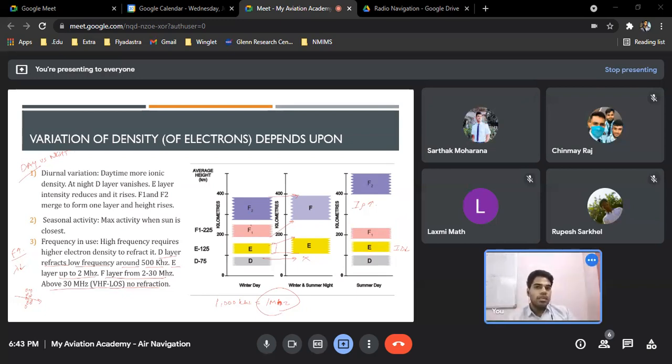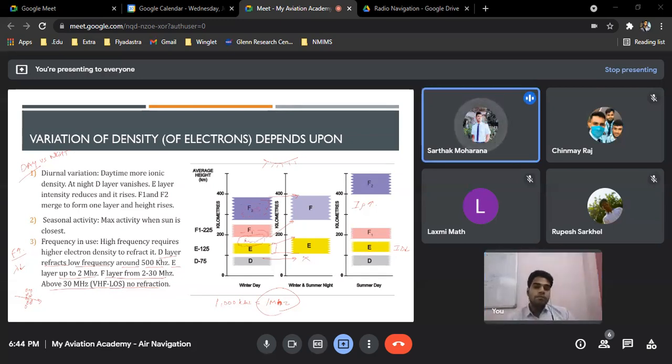Why? I'll explain that also. Sun is shining here in all the section. Let's say, if you talk about this, ions are present here. And if you talk about ions, they should be highest in the F layer. But there is something else. These ions have some mass. When they have mass, they are pulled down because of gravity. When they are pulled down, that is why in the middle section they are mostly present. It's a balance between UV radiation and gravity. So it's a balance between them. That is why not the D layer, not the F2 layer. It is between F1 and E. There is where we'll find the most ion density.